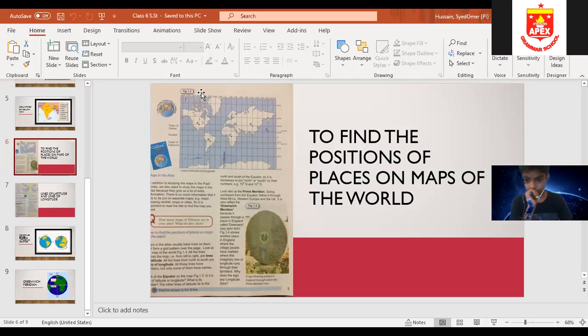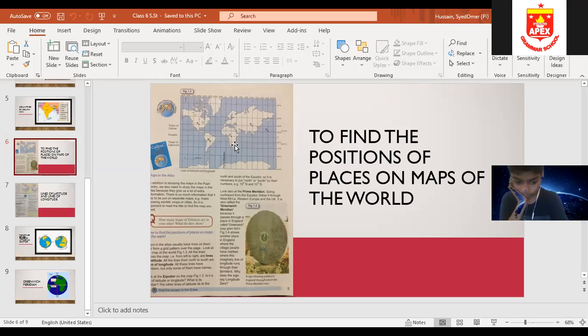Similarly we can find the position of place B. We can find the position of place B in the same way. It is lying at 20° south, means we match it with this line. Where is it lying? 20° south, and then the above line, 60° west. So basically, when we want to find the position of a place on any map, we have to match the line of latitude with the line of longitude.